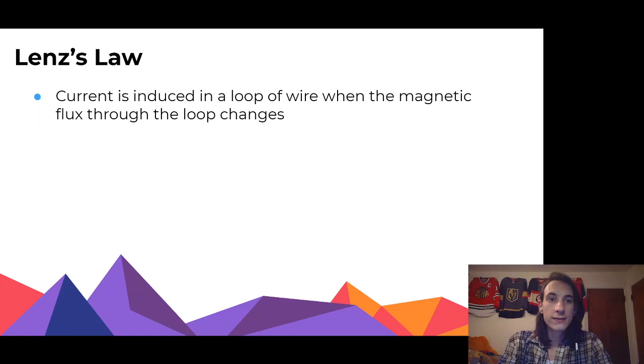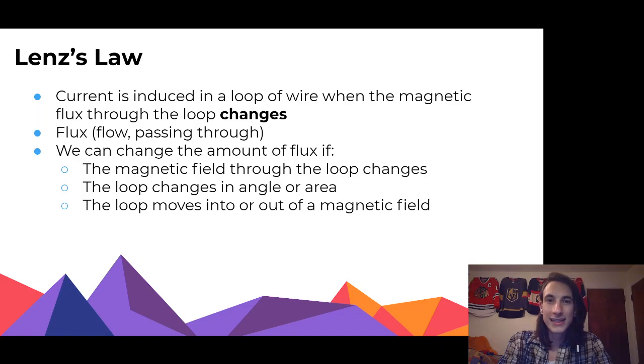But so we said that Lenz's law is this idea that current is induced in a loop of wire when the magnetic flux through that loop changes, and we really need this flux to change. So last time we defined flux as that symbol, that phi, where we said that flux is really just this flow of magnetic field that is passing through a loop of wire. So really just how much magnetic field do we have flowing through this loop of wire? And we said last time that we can change the amount of flux if we change the actual amount of magnetic field that's going through the loop, if we change the area,